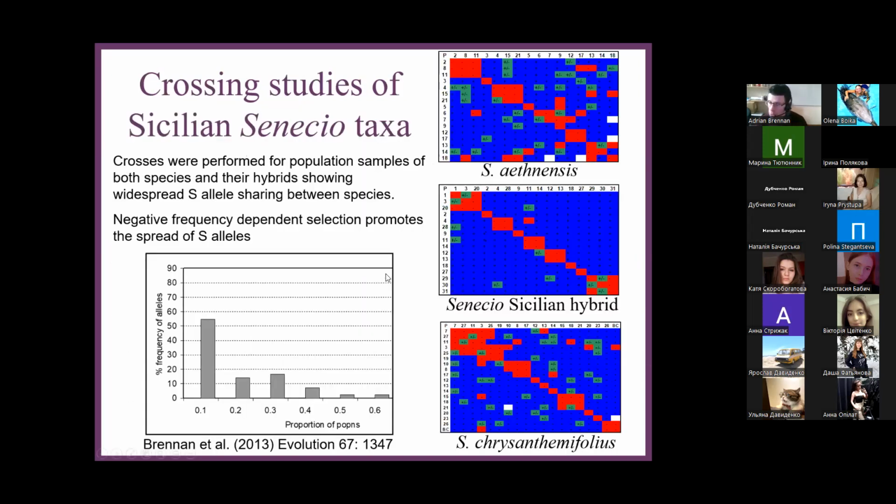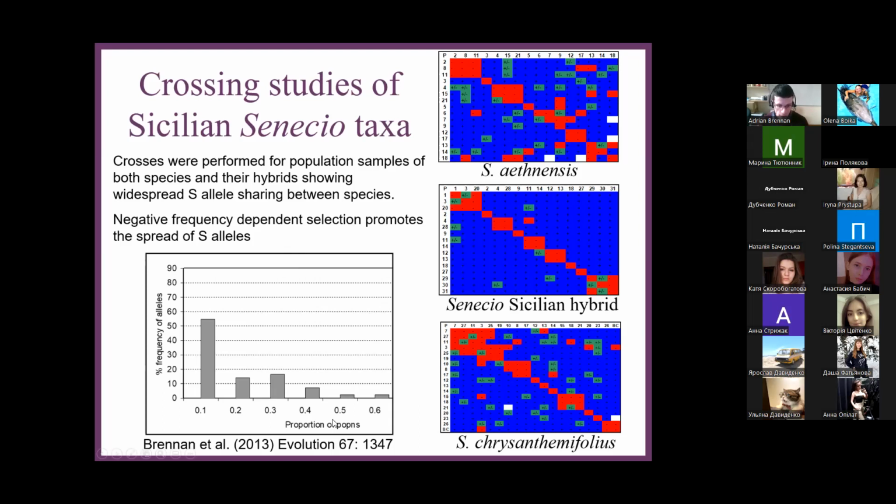What you just saw was a result for the UK invasive species. On this page, you can see results for populations from the Sicilian species. I don't know if you can see it already, but the incompatibility blocks are smaller and there are more of them on Sicily. So we have greater S allele diversity in the native range than in the invasive range. Also, the hybrids show high S allele diversity similar to the 2 parents. So there are lots of S alleles entering this hybrid zone and mixing between the 2 species.